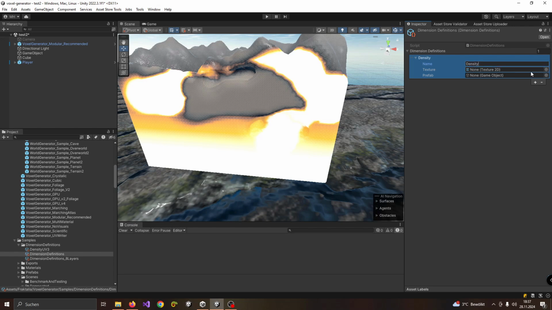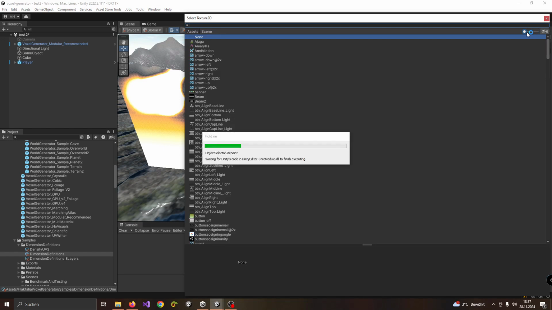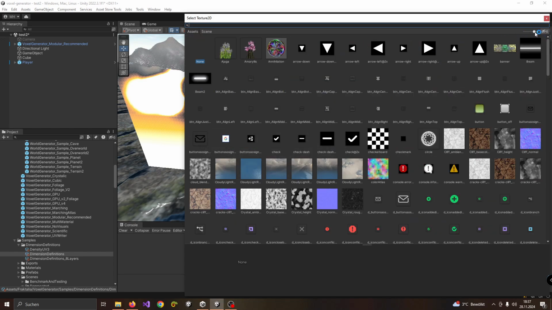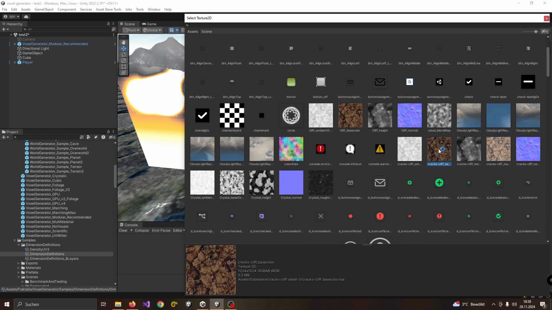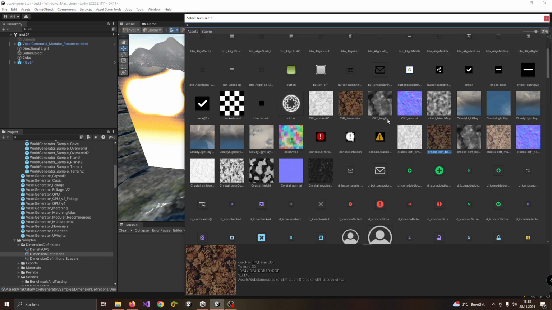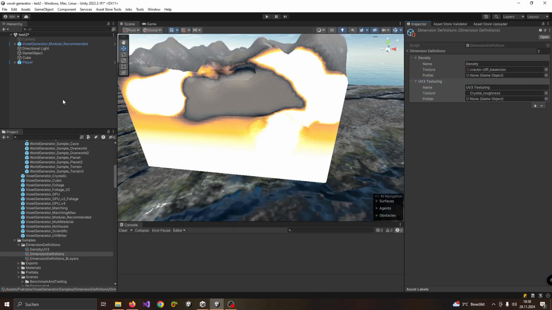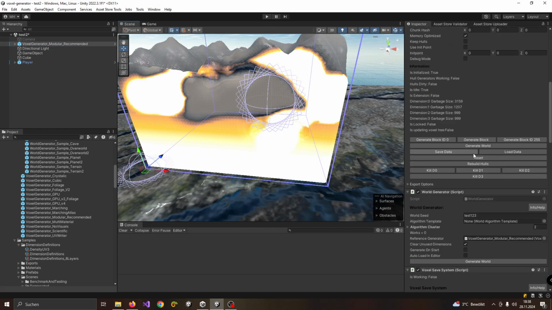I can define a texture here. Let it load a little bit. I can define the texture, for example, let's take this one, and also I define a second one. I can say this is UV3 texturing like this. I can assign a different material, let's take this one. And now if I select this here,